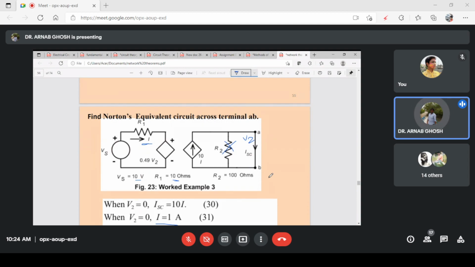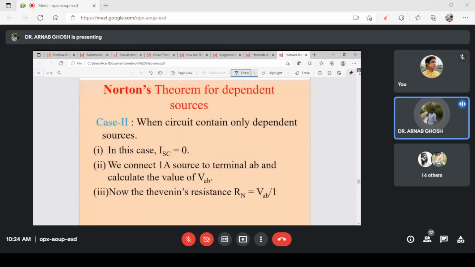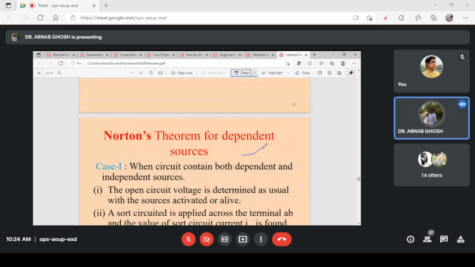Do not worry, I will repeat this to you. I know this is a bit confusing, and moreover, teaching online is also a bit difficult, because what we could do on the board, we are not able to do here. So I will try to do it by writing it on a page. You do not need to worry about this. I will repeat this to you again tomorrow. If Norton's theorem is clear to you, we will start from dependent sources tomorrow itself. We have just completed Norton's theorem. Tomorrow, give your attendance. Do not worry, I will do it once again tomorrow.